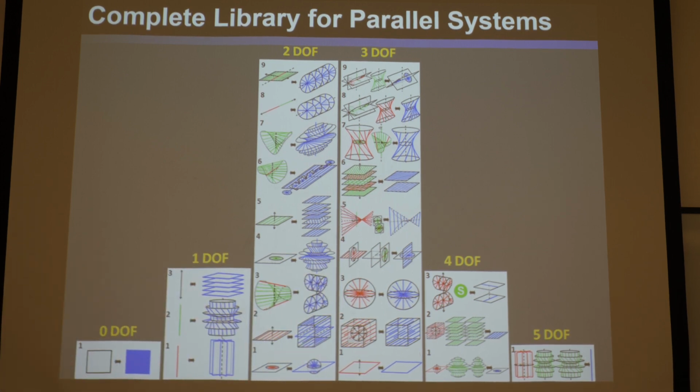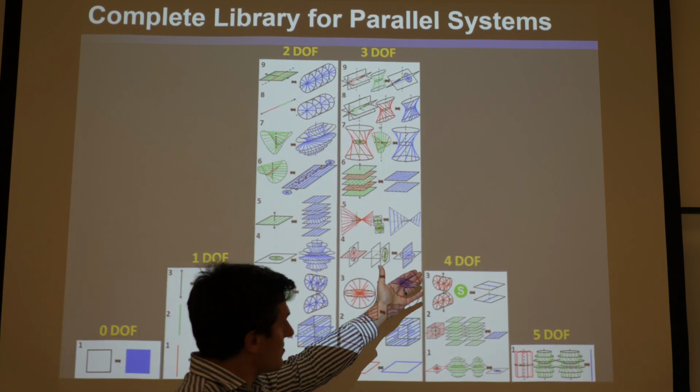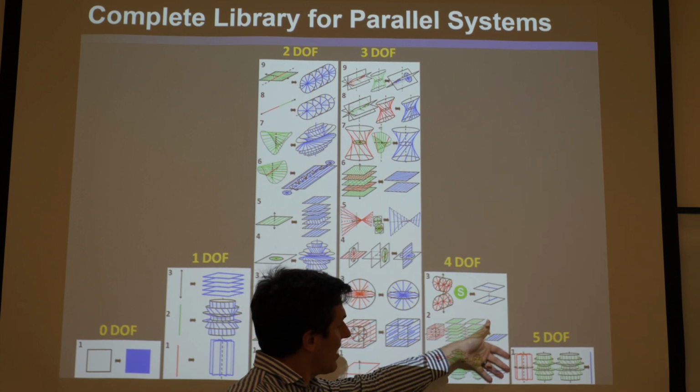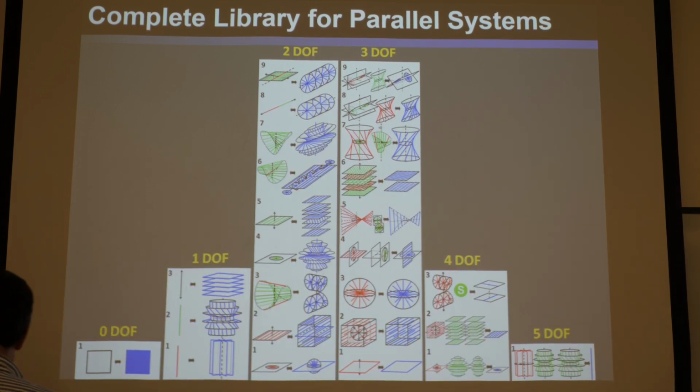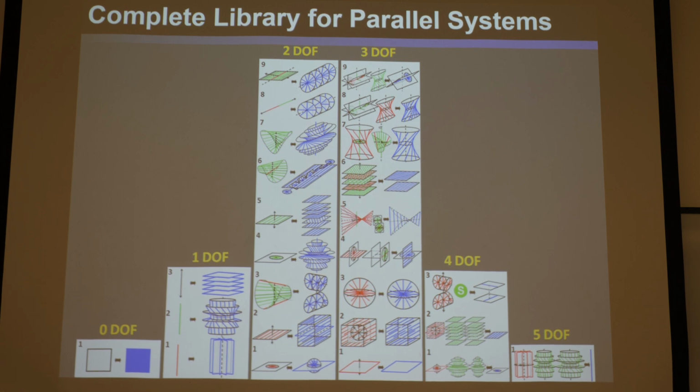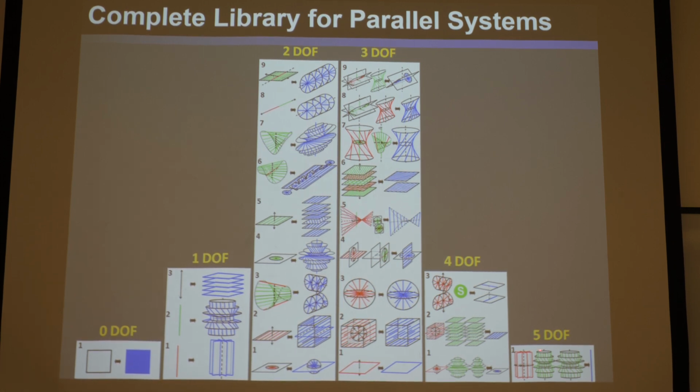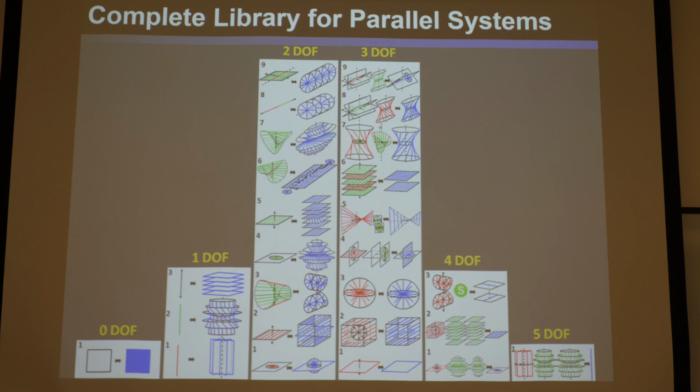So hopefully you can see that if you have 4 degrees of freedom, there's only 3 ways to get 4 degrees of freedom for a parallel system. Okay? And therefore there's only 3 ways to stick in 2 sticks. So 6 minus 4 is 2. And they get those 3 freedom spaces or constraint spaces. Okay, so hopefully I've convinced you there's a finite number in this one and a finite number in that column. Okay, the finite number in the